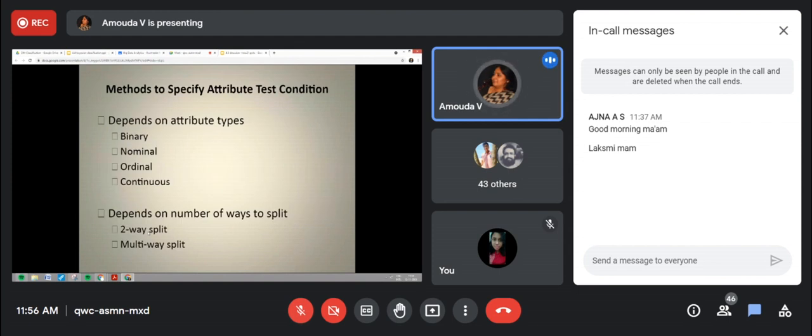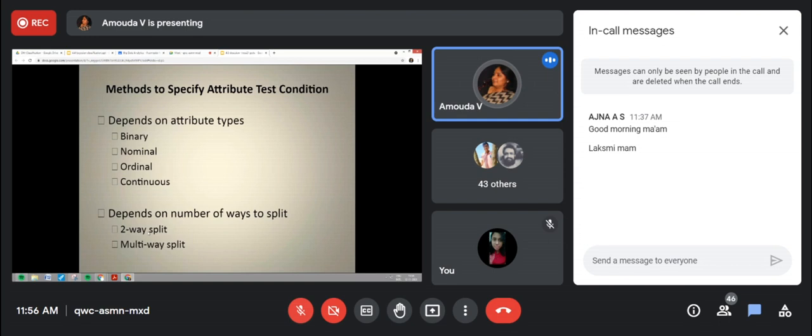So the attribute test condition depends upon the data type of the attributes. We have to check whether the values of the attributes are binary, nominal, ordinal, or continuous.